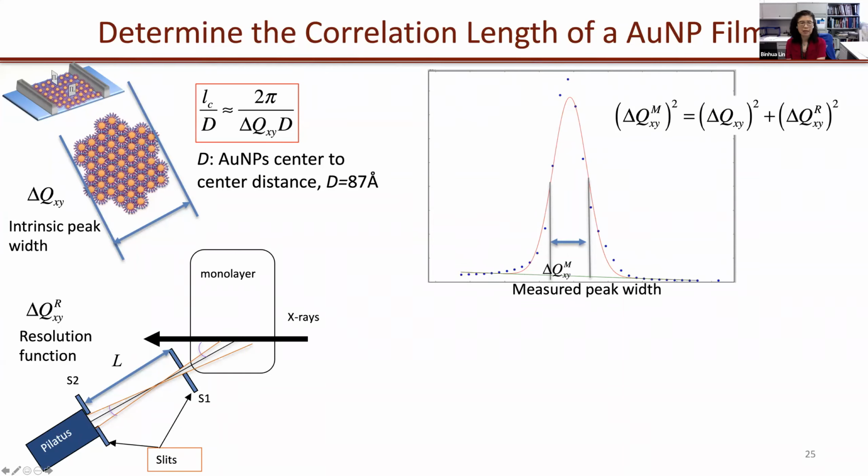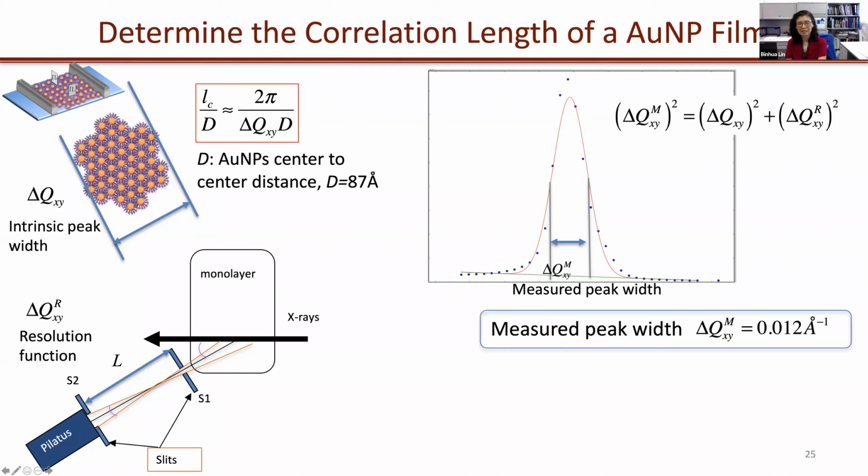It doesn't have to be a Gaussian, it could be a Lorentzian, or you can go fancier, it could be the convolution of a Lorentzian with a Gaussian, a Voigt function. I think Kathleen will be familiar with that, and she spent a lot of time using that fancy function to fit her peaks. So with that fitting, this is just a simple Gaussian with background, and you get the measured peak width